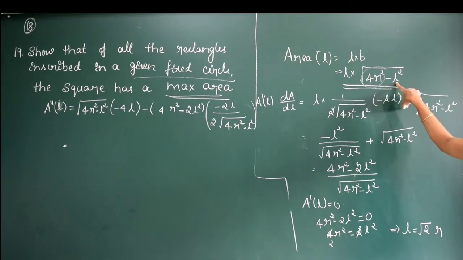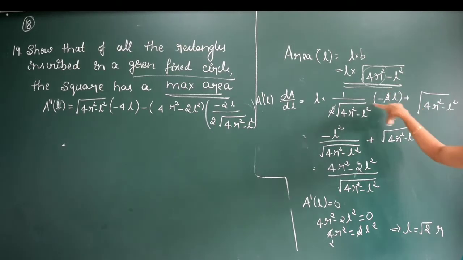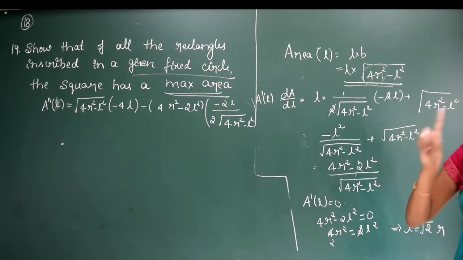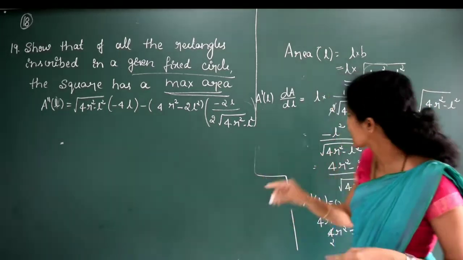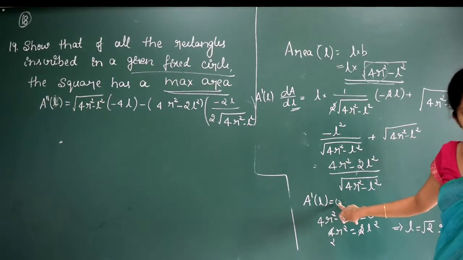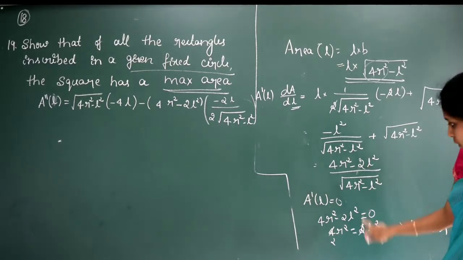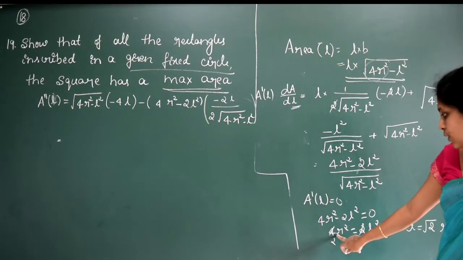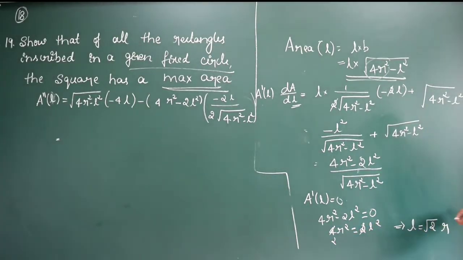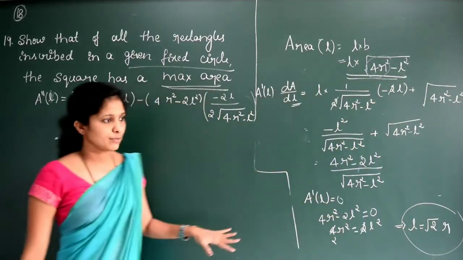Now the derivative of L square. So this is a variable, right? So the derivative of L square will be minus 2L. 2 and 2 will get cancelled. Plus I kept the second function as it is. Remember here we are differentiating the function with respect to L. Then we simplify this one and equate to 0. If we equate to 0, this will be 4R square minus 2L square equal to 0. By this 4R square is equal to 2L square, so the value of L is equal to root 2 R, and the remaining everything I will write and send. I hope this is fine.